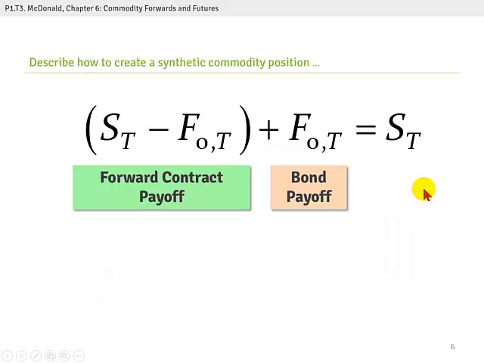How do we create a synthetic commodity position? Well, the idea here from McDonald is that we can buy the commodity at a spot price, and that would represent ownership. And we can synthesize that ownership, which is to say we synthesize a long position by investing in cash and going long the forward contract on the commodity. So the forward contract itself, you'll recall, requires no principal or purchase. We're only going to need to collateralize that or provide margin in the case of a forward. In the case of a